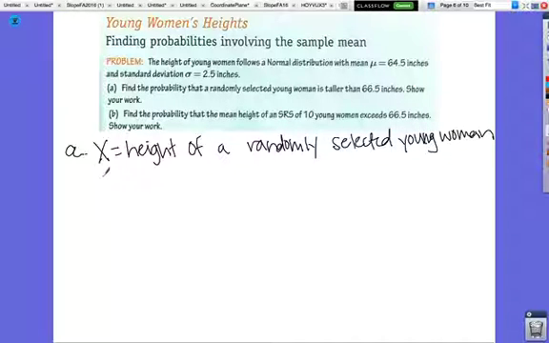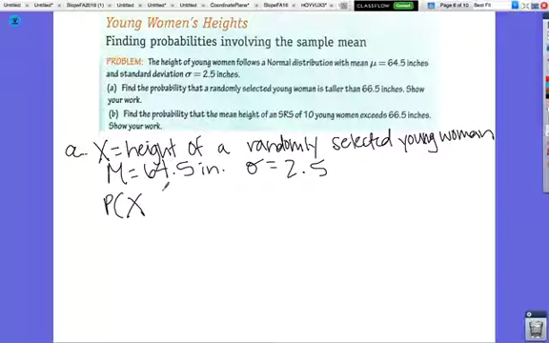All right, we already know that the mean for the population is 64.5 inches, and we know that the standard deviation is 2.5 inches. We're trying to find the probability that our x, our randomly selected young woman, is greater than 66.5. So the height of a randomly selected young woman is greater than 66.5. Now, of course, you can standardize this and get a z-score and use the table for this, but you can also do it on the calculator by using normal CDF,